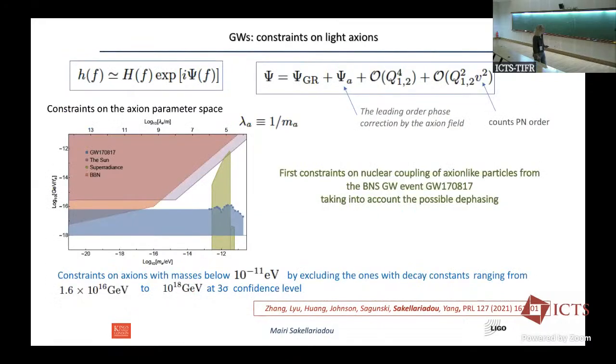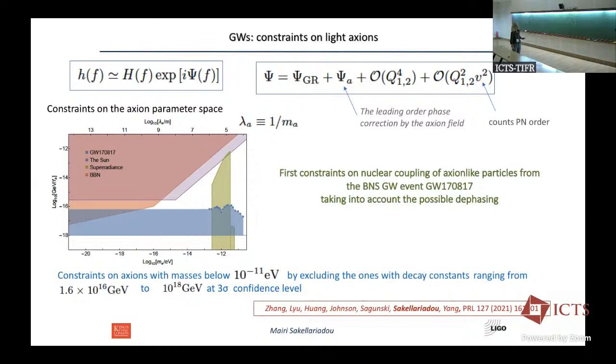And then, luckily enough, we had the GW170817, where now this is your waveform, and you are going to have that the phase is going to have the standard phase of GR, plus a leading term that comes from the axion field, and then you have the post-Newtonian kind of corrections, and these are the constraints which we have found. And these are in relation with BBN, with superradiance, with whatever astrophysical constraints exist. So these constraints will become much bigger if more data come.